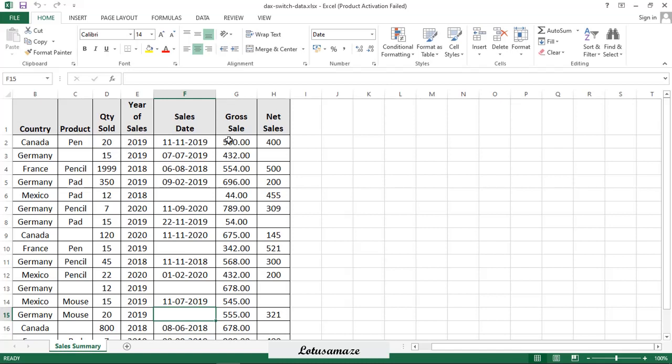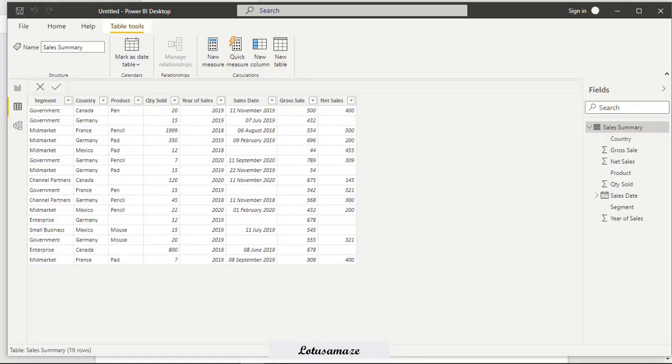In this data, my requirement is to create a code for each and every country. Say for Canada I want CA, for Germany I want GE, and for France I want FR. Now we check the practical of the SWITCH statement. The data is already uploaded, and I have the list of countries in a column, and I want to generate the code for each country.